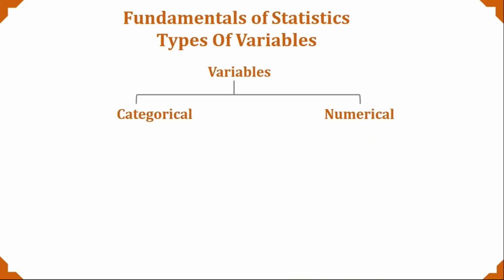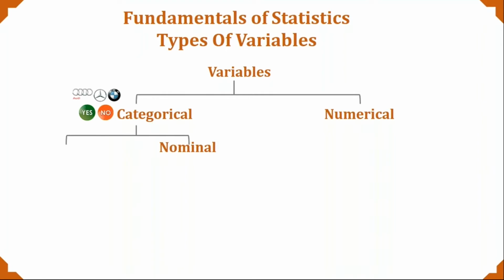So categorical data represents a group or categories, right? So if it is male, if it is female, if it is yes, or if it is no, different sets of cars, right? So there is Mercedes, there is Fiat, there is Tata, there is Maruti, there is Hyundai. There are many sets of cars as well, right? So these were different categories in cars, or it could be yes or no, or it could be male or female, right? So these were the categorical data. And these categorical data are again divided into nominal and ordinal.